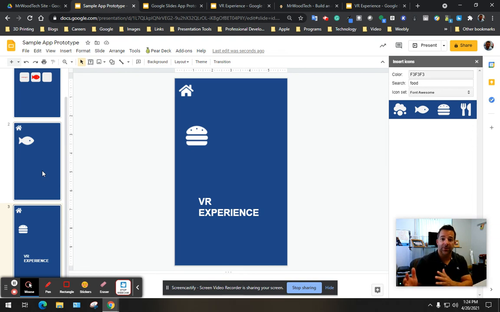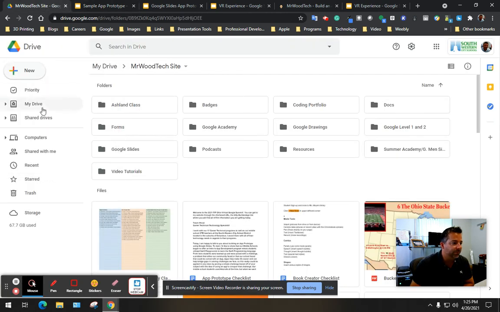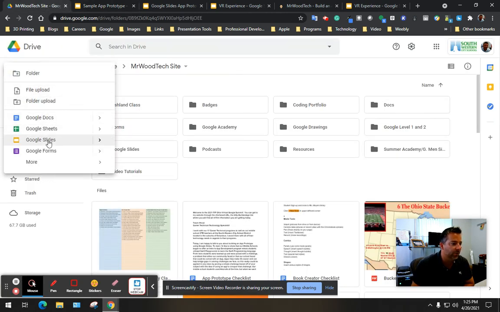So that's why I'm linking it to an outside one. I think once you change that file page setup, it's going to stay at that 6x10. But now we want it to go back to 10x6 because we are rotating the phone as if we're putting it into that viewer. So I'm just going to come over here, go to new Google Slides,